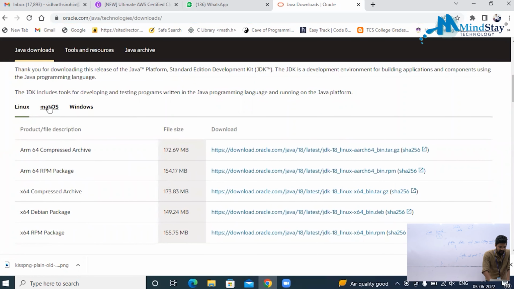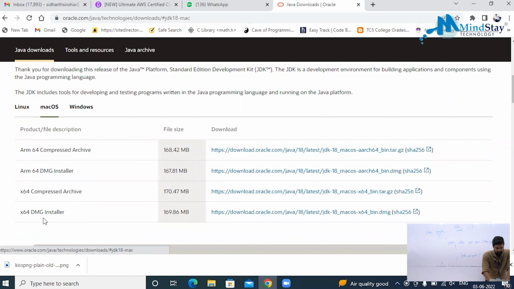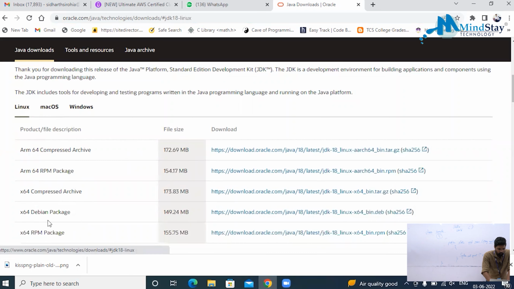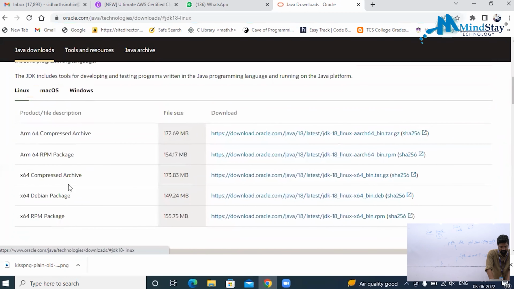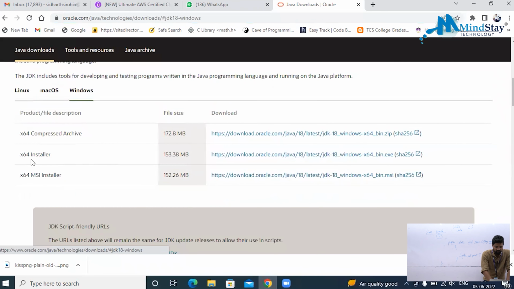If it's Mac, download the installer file, the DMG installer. If it's Linux, you can go with the RPM package or the compressed archive, or the 64 RPM package. If it is Windows, we'll go with the x64 installer. So in this x64 installer section, we will just click on this link. Once you click on this link,